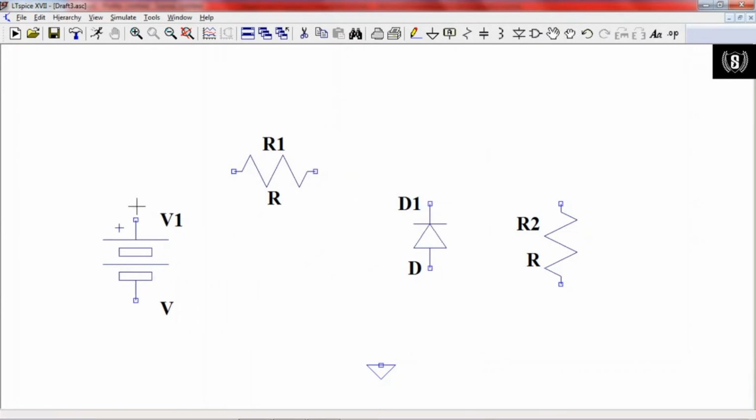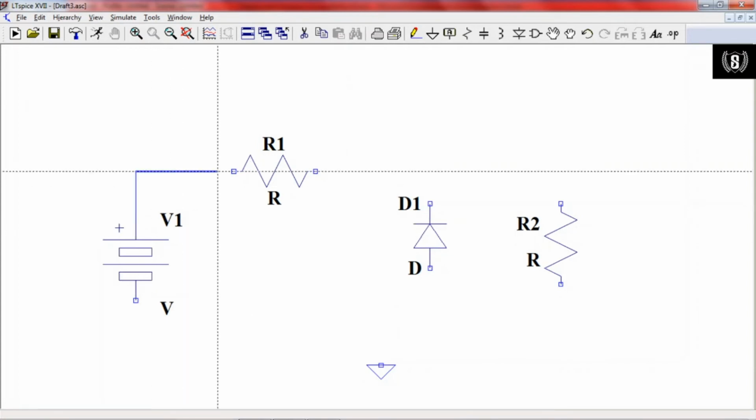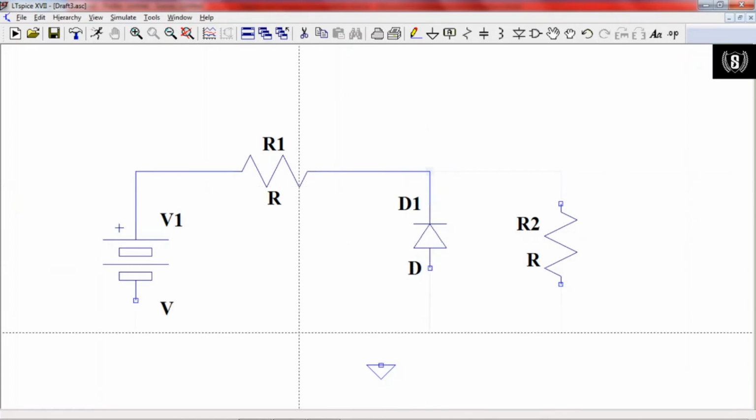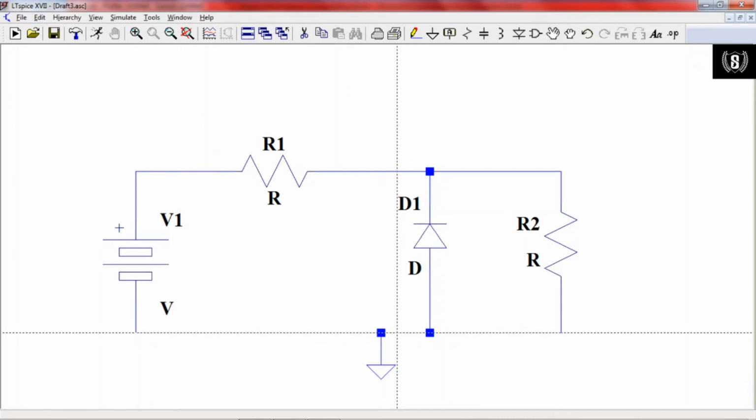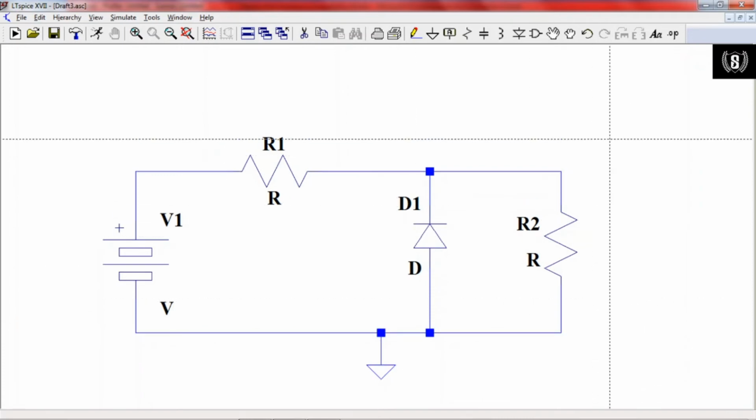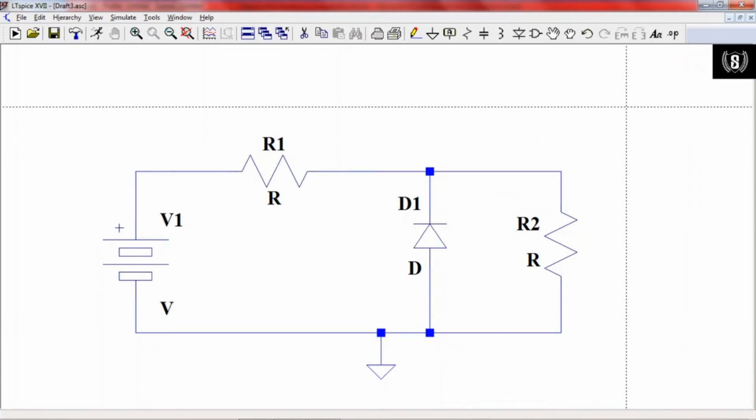So you will use the same parameters. Now connect them all. Connections are done. We need to apply the values for the components.